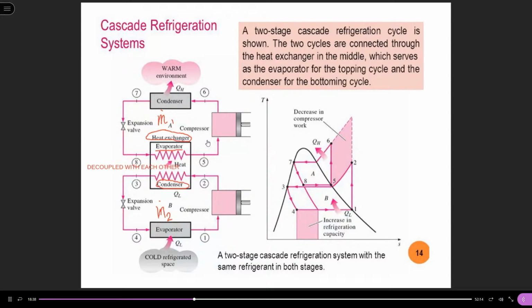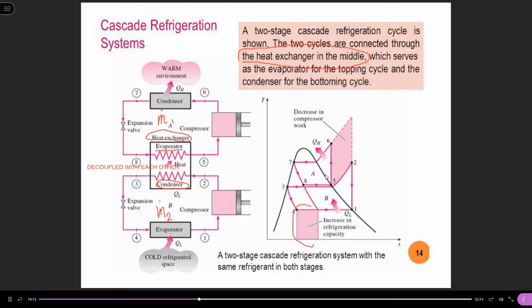The two-stage Cascade refrigeration cycle is shown here, and the two cycles are connected through the heat exchanger in the middle, which serves as the evaporator for the topping cycle and the condenser for the bottom cycle. The bottoming cycle is the low pressure cycle. If we draw the curves on the temperature entropy diagram, we can see